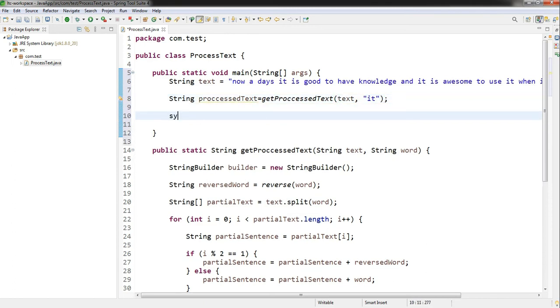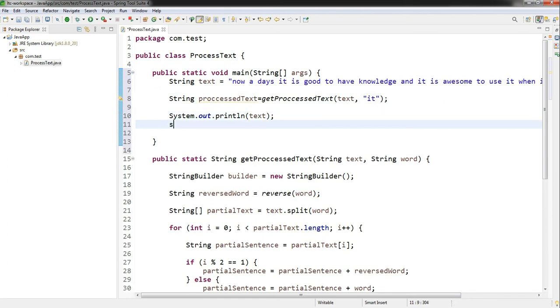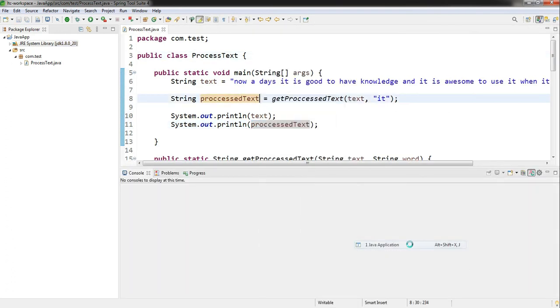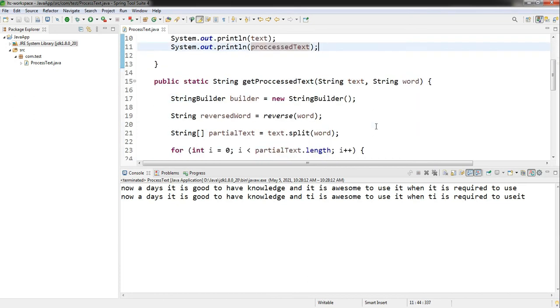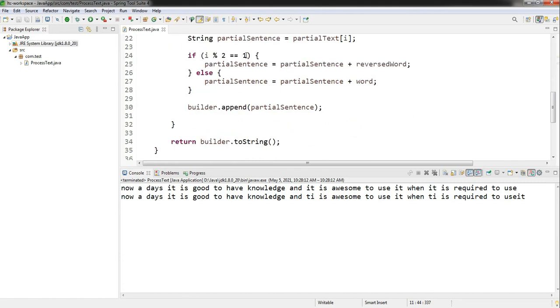Then sysout, first I will print text. Then again sysout, I will print processedText. So now I will try to run this. Okay, here I need one condition to control the flow when it is at the end.